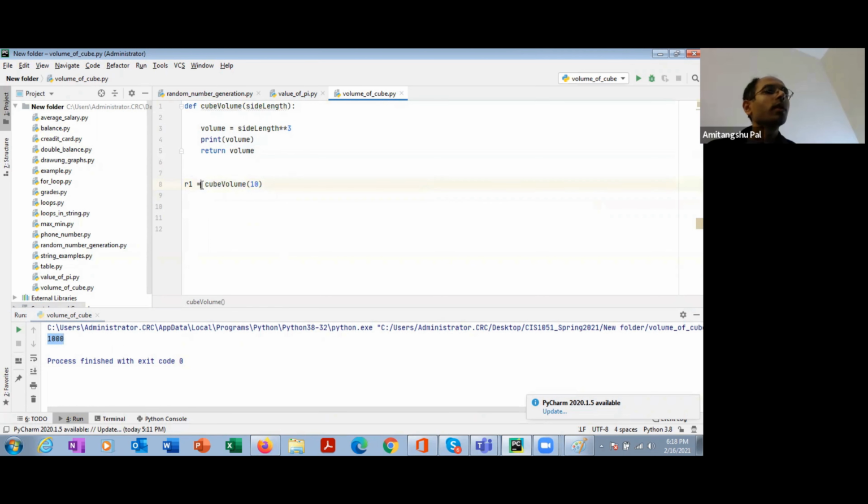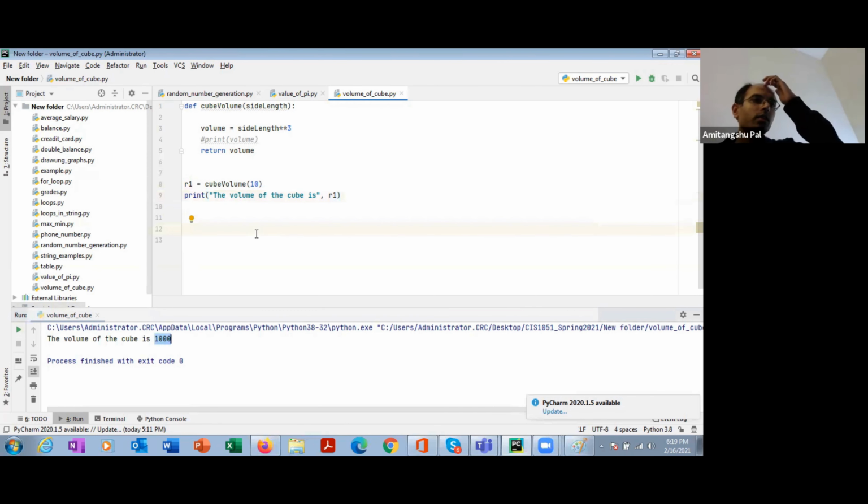Whenever I am calling it from outside this function, then only it will get called. Instead of printing over here, I can print the volume of the cube is 1000.